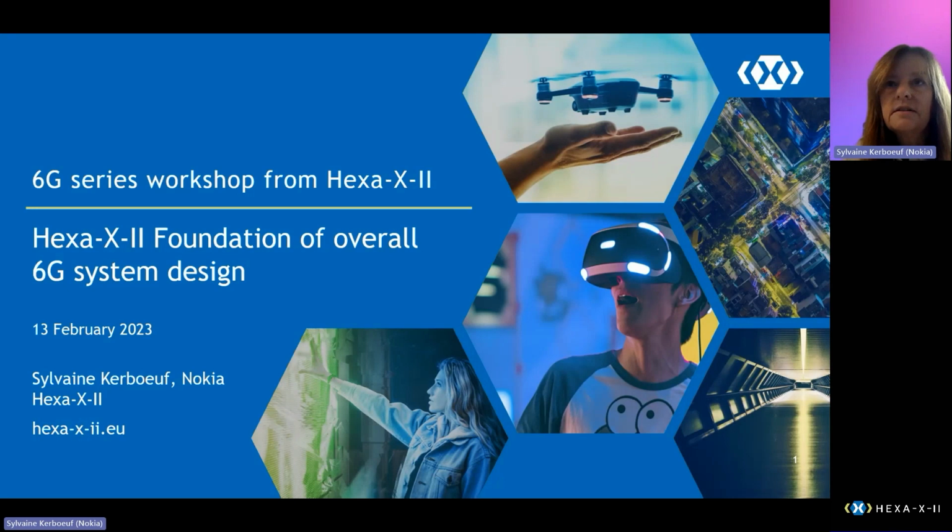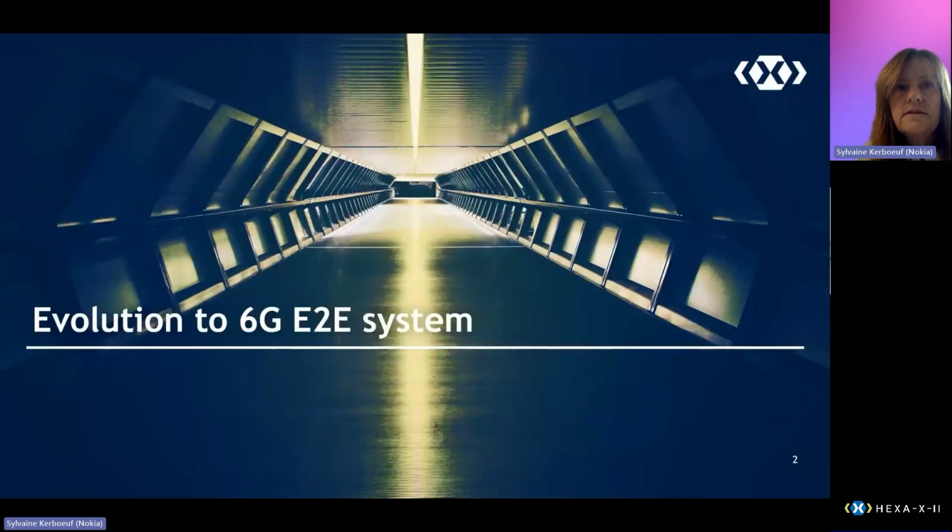So in this talk, I will start by explaining the motivation for the 6G system, then provide a roadmap for the design of the system, including the design principles, the requirements, the blueprint, and then go through a structured design process. Starting by looking at the motivation for a 6G end-to-end system, we start by exploring the evolution from 5G